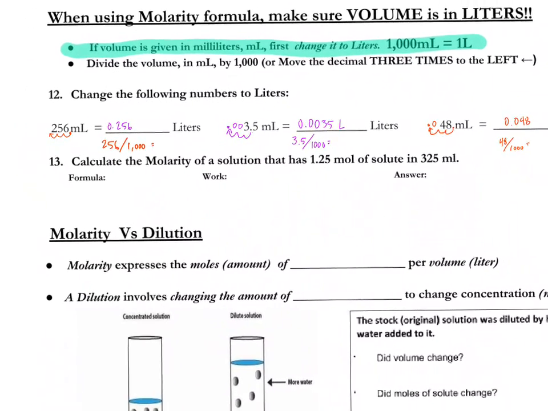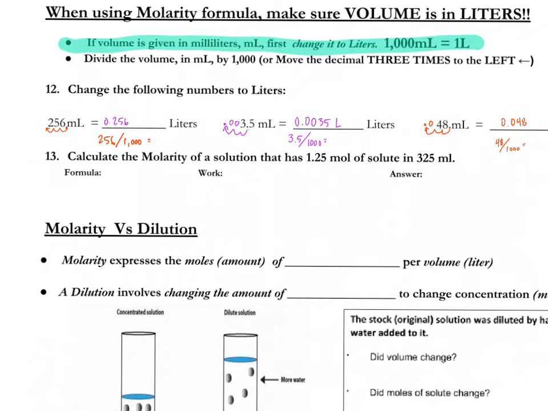All right, so let's take a look at the next problem here. It says calculate the molarity of a solution that has 1.25 moles of solute and 325 milliliters. So you want to calculate the molarity, which is M. It gives you 1.25 moles and it's in 325 milliliters. So milliliters is a unit of volume. We just talked about how to convert milliliters to liters. So we're going to convert 325 milliliters to liters by moving the decimal. So 325 divided by 1,000 gives me